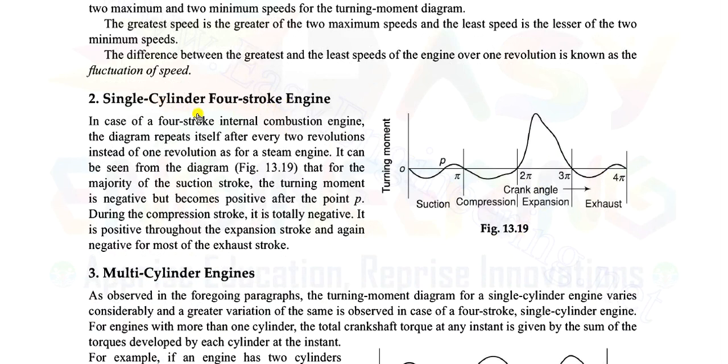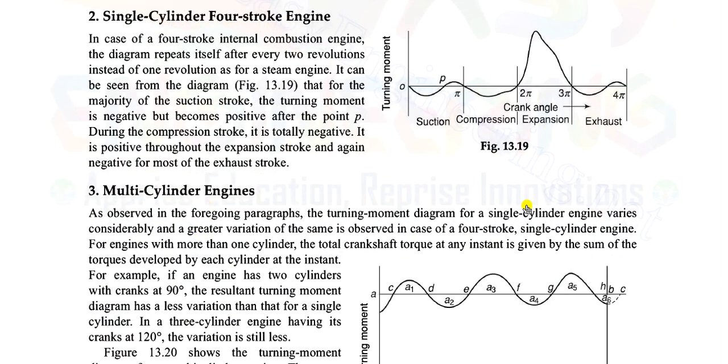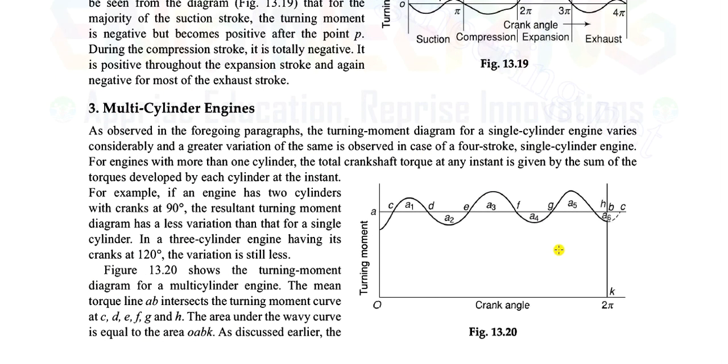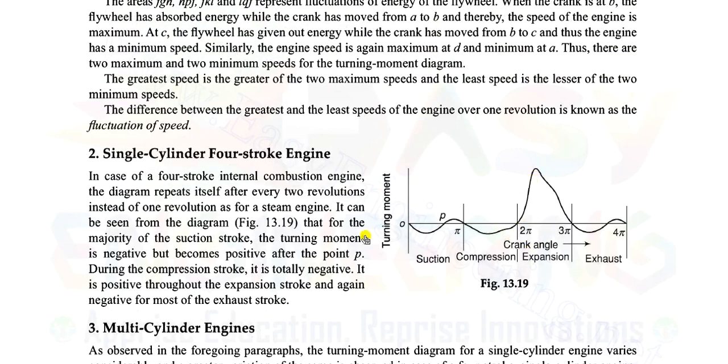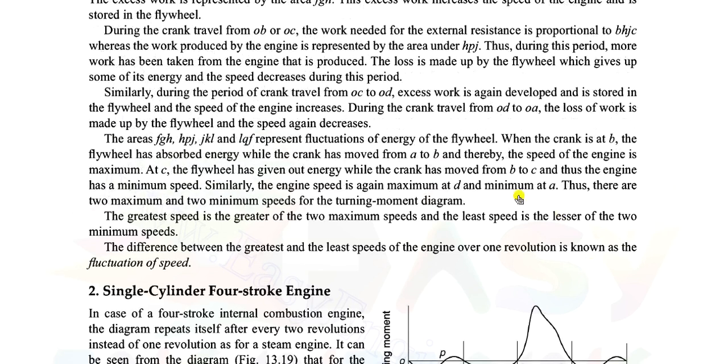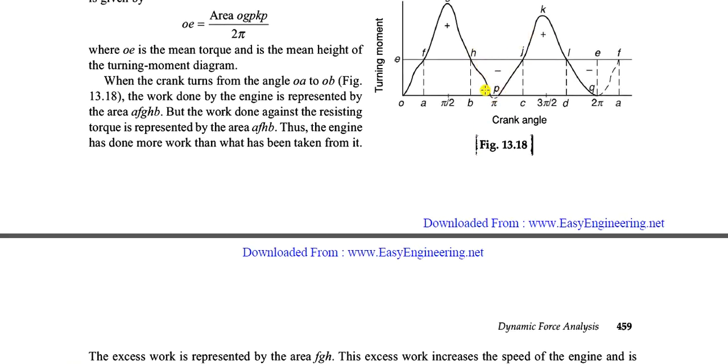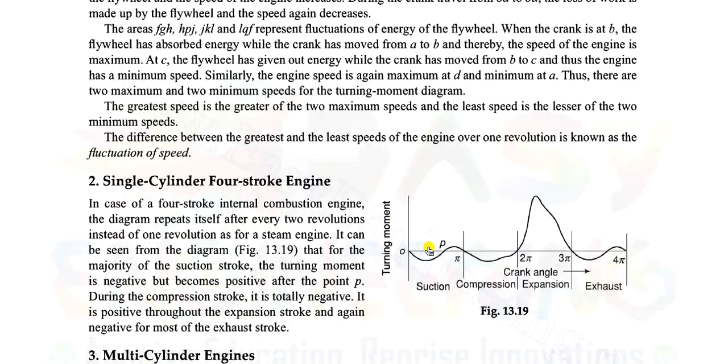4-stroke IC engine. Okay, this is for a single cylinder, this is for multi cylinder. So here you can find some uniformity in the power generation. Okay, this is not at all uniform, and this is also not uniform because it's generating only one side, but somewhat okay. Okay, so how to regularize this non-uniformity in power generation?